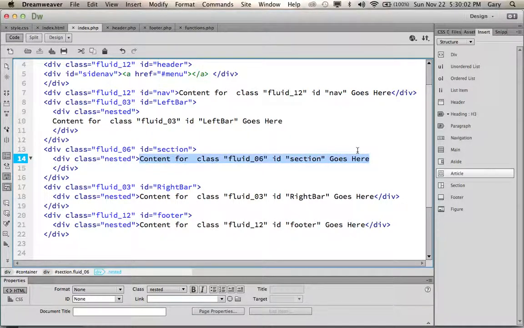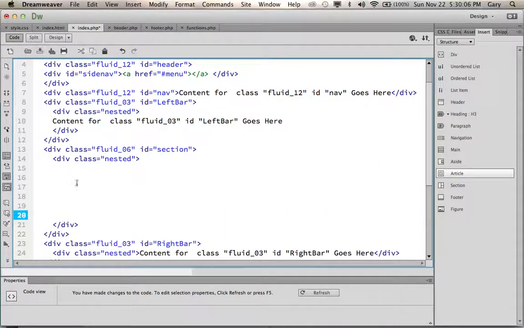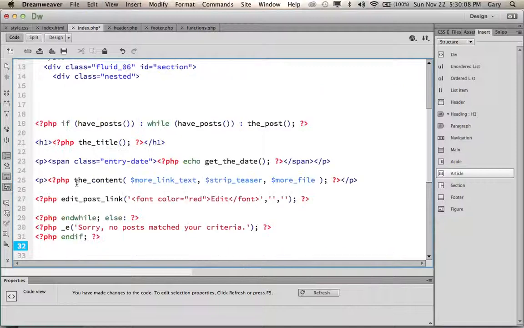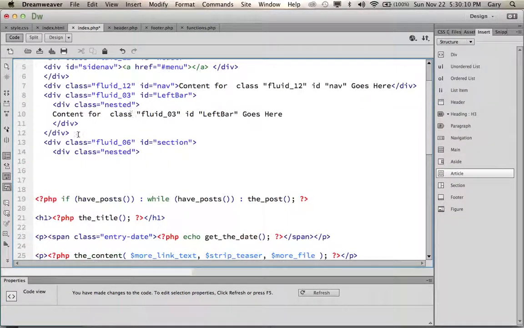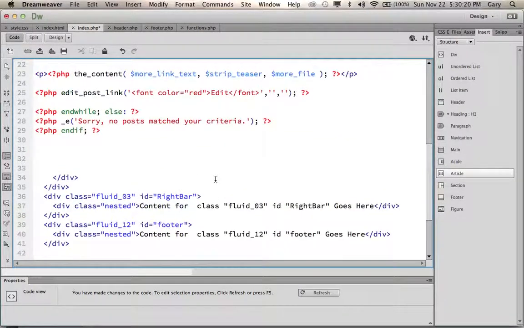And once it's highlighted, I can hit return. I am going to put a lot of space there, so if something goes wrong, I can find that. And here, my friends, is the loop. Now, remember I said from now on you got to upload these to the server in order to see the